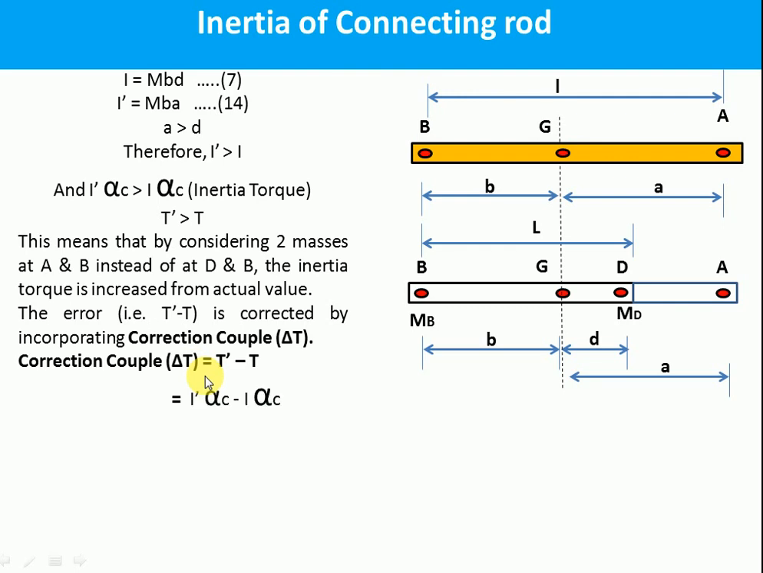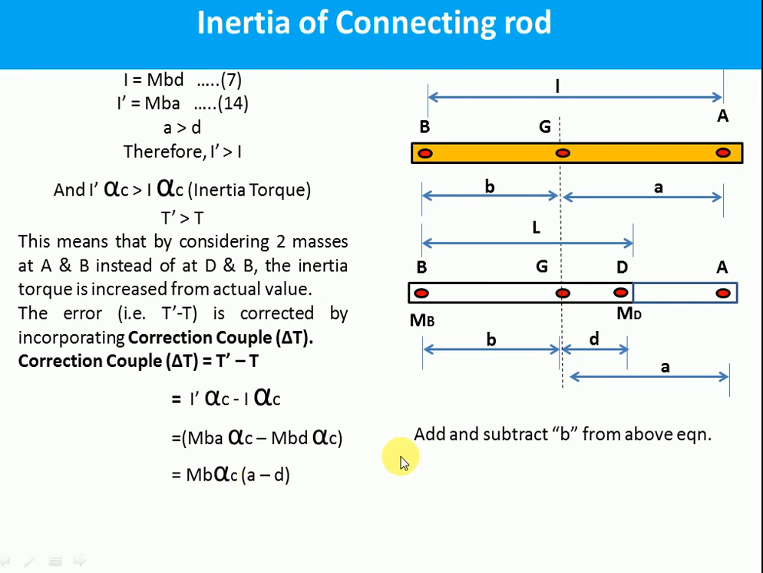T, or we can say I dash alpha C minus I into alpha C. In place of I dash, from equation 14 we can write MBA into alpha C minus MBD into alpha C. Take MB and alpha C common, we get A minus D. Now add and subtract B in the equation, we get MB into alpha C bracket A plus B minus D plus B. We have added B and we have subtracted B. This A plus B is equal to the length of connecting rod. It is represented by small l,